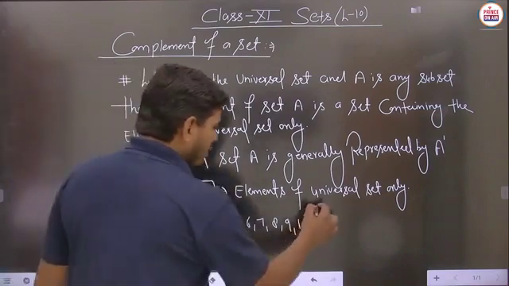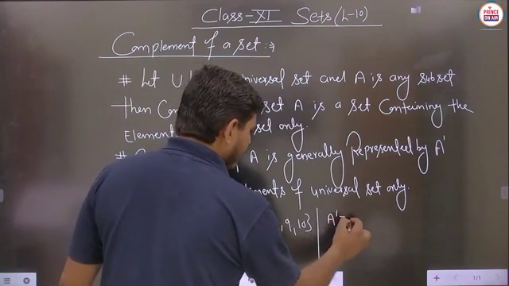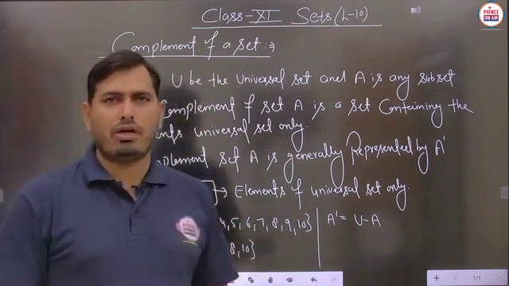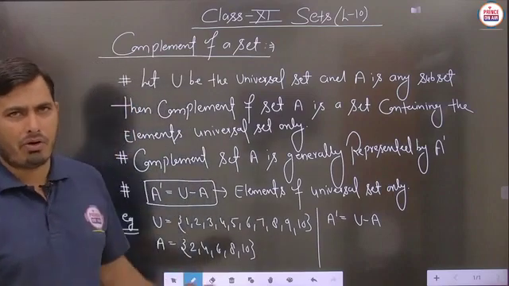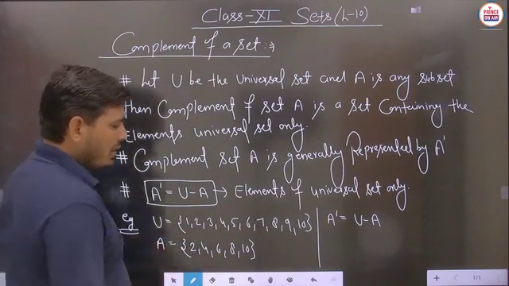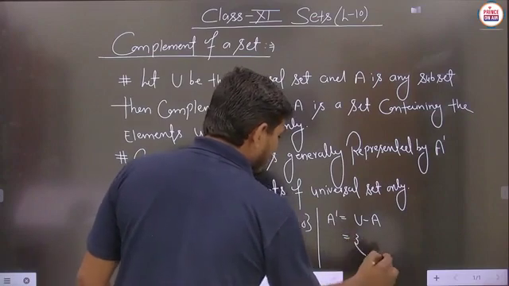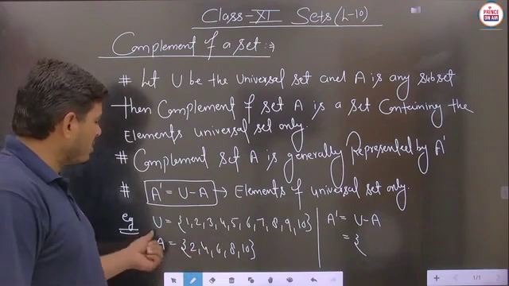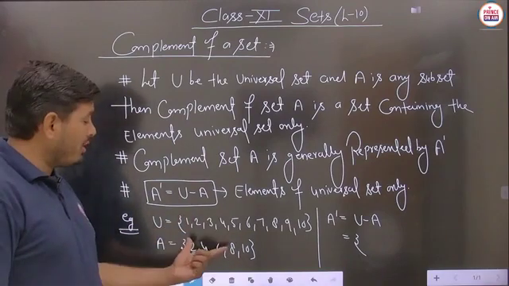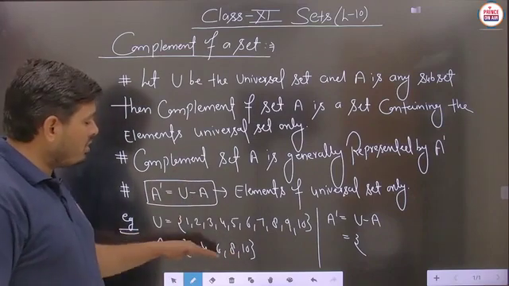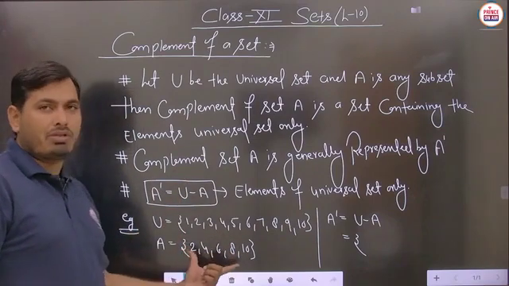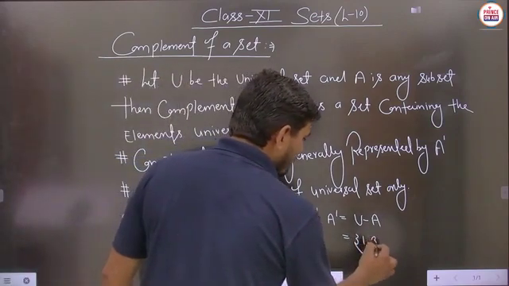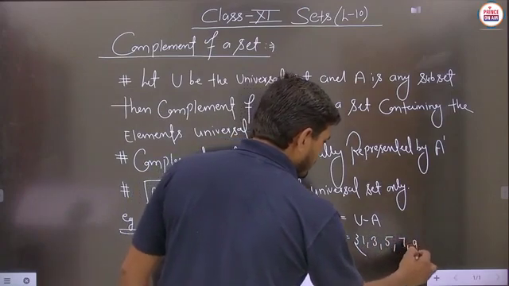Then in this case you can see A dash will be represented as U minus A. Means we have to write the elements of U only. No element of set A will belong to this A dash. Is it clear? So if we have to write the answer of A dash, then student, we will eliminate these elements from the universal set, because A is always a subset of the universal set. Means these elements are coming from U. We will not write these elements, we only write the elements except those of A. So we will write 1, 3, 5, 7 and 9. So the answer of A dash you can write here as 1, 3, 5, 7 and 9.